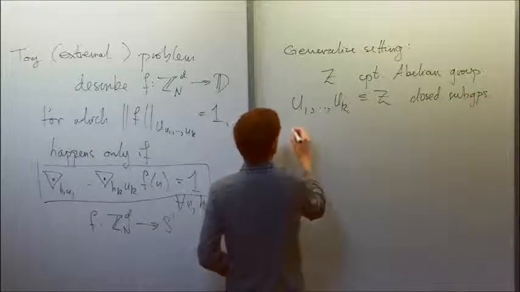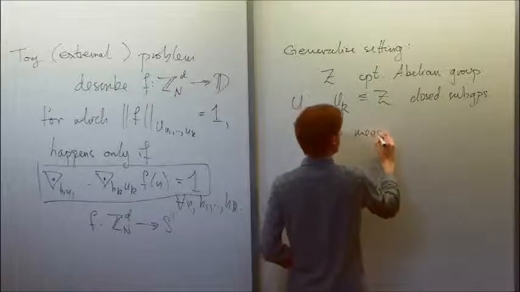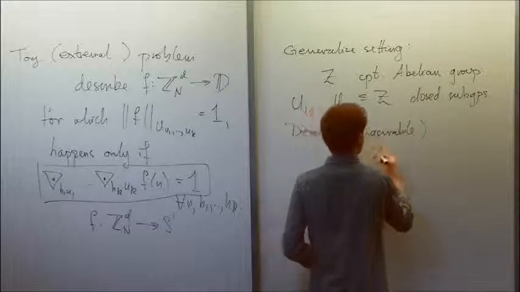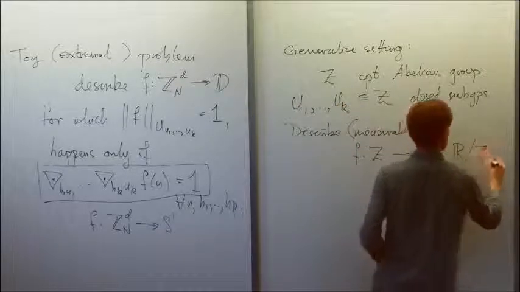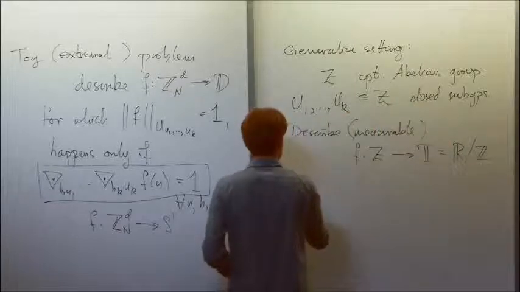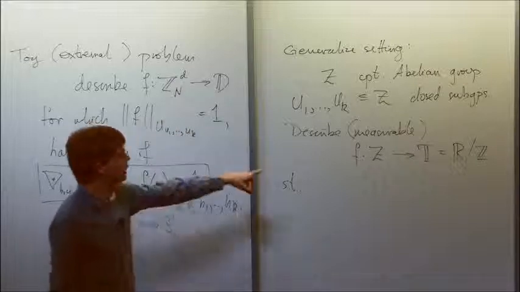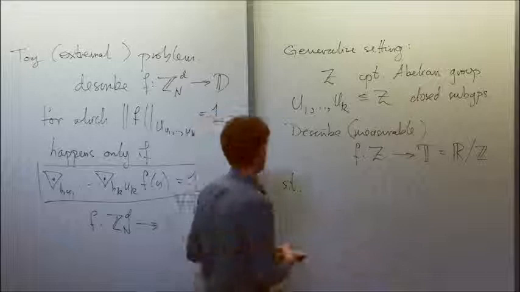And now I want to describe those measurable functions f from Z to the circle group, which for me is the real numbers mod the integers, such that the analog of this equation holds. What I'm going to do now is write this equation additively. And that's why I've switched to R mod Z, because it'll be easier to write things additively from now on. So such that